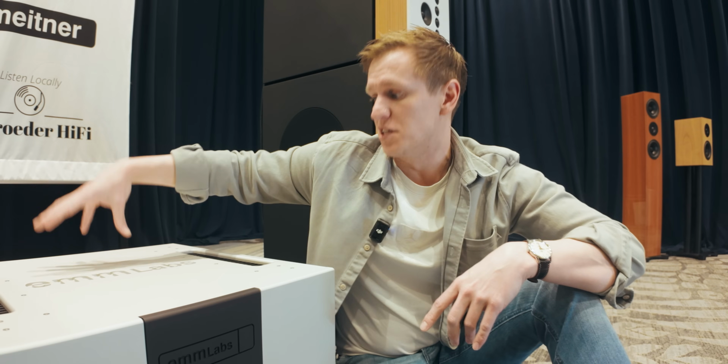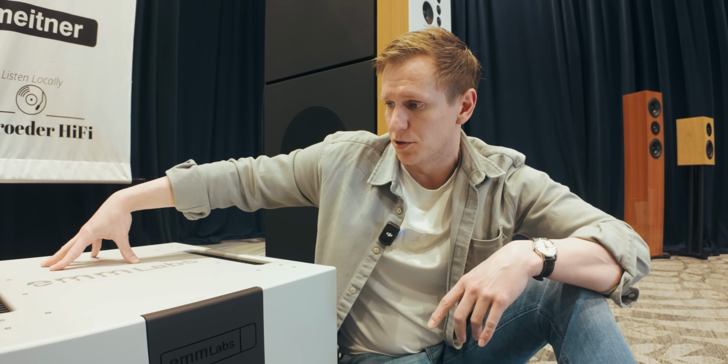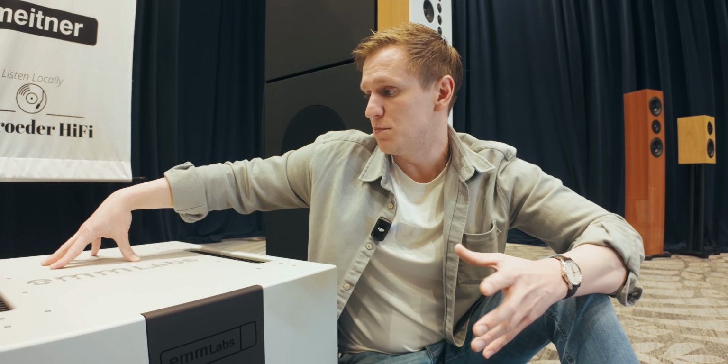The input stage in this amplifier is really, really special, and we're talking about how we do everything ourselves in-house. This means that we go through a lot of iterations of what we're doing before we release it to the market. This is the V2 version of this amplifier, so it's a part of our upgrade program. But since V1 to V2, we did about 16 iterations of the input stage to get to the place where